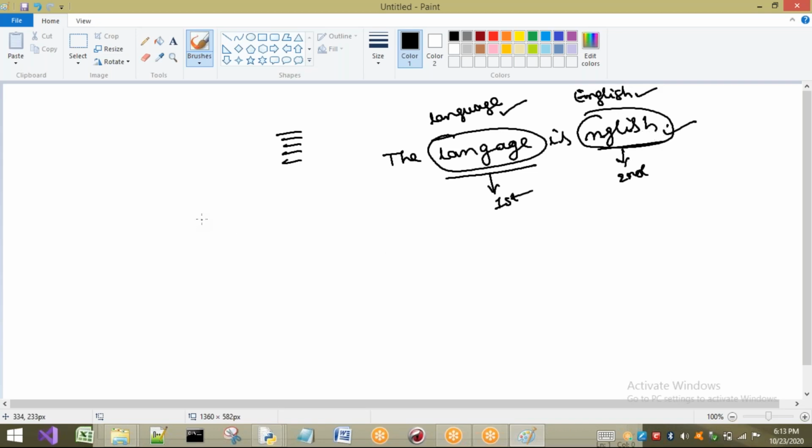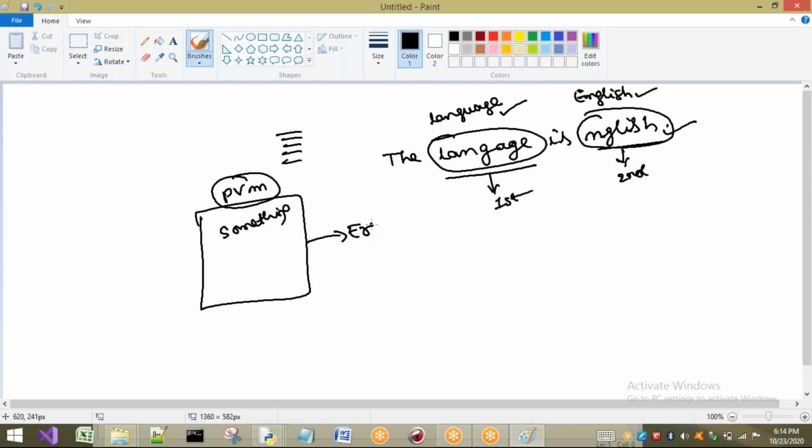That means by default, the Python virtual machine knows some statements or some syntaxes. If we tell it something, it should be understood by this PVM. If it is not going to understand the statements we write, it is going to throw some exceptions, or we can say first, errors.